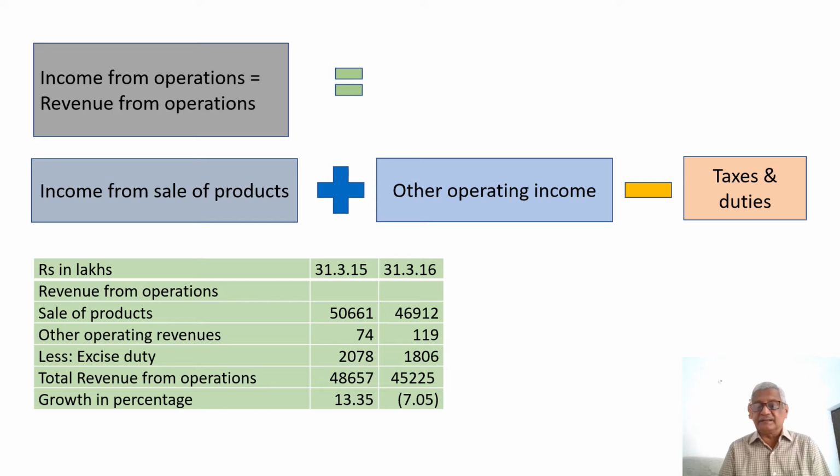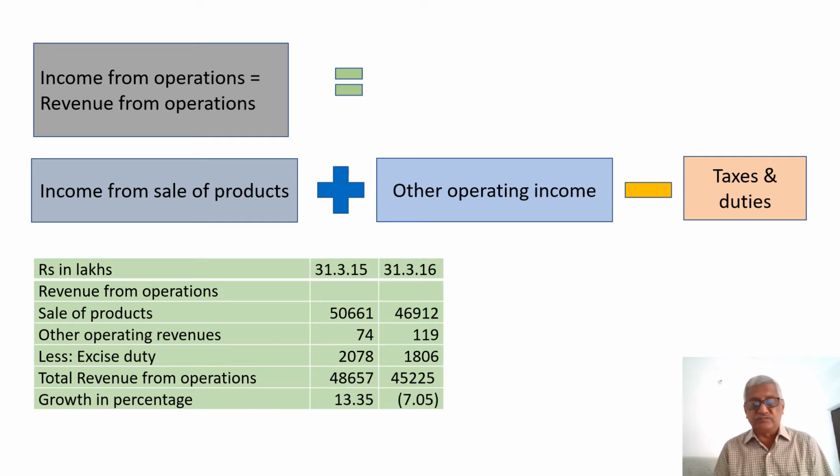There are similar industries, for example, a machining industry, where the generation of scrap gives income, and any chemical industry where there is a main product and there is a byproduct. So the income from sale of the main product is income from sale of products, and income from sale of the byproduct is called other operating income. And then the taxes like excise duty, GST, sales tax, etc. are reduced to obtain the revenue from operations or income from operations. Now we know the income generated from the main activity.